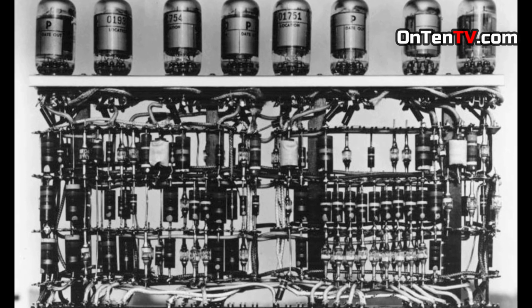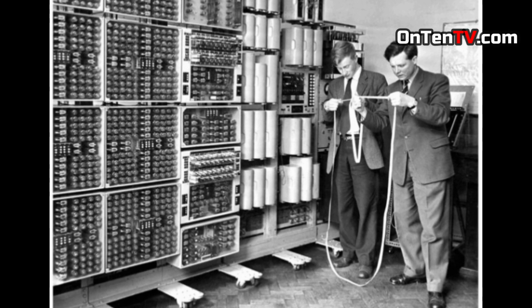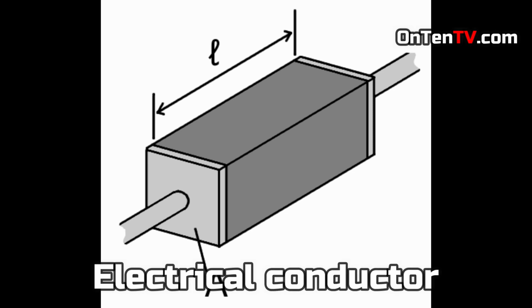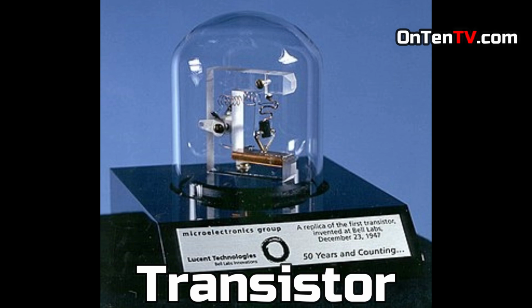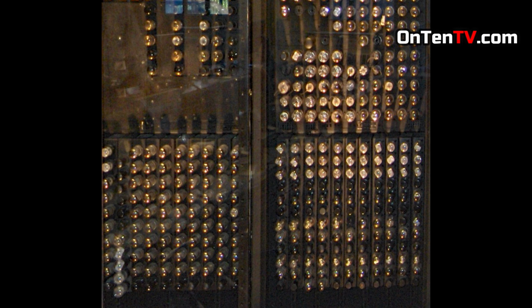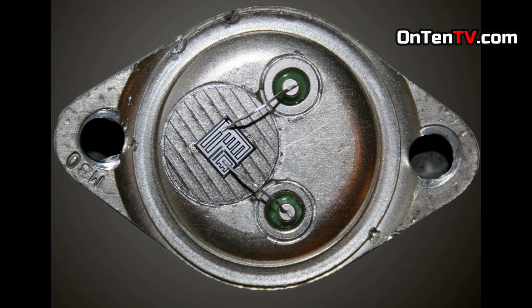Even though the vacuum computer was very fast, it had its own problems. The problem was that it would make mistakes, and it was giant and very heavy. In 1947, at Bell Laboratories, they realized they could use electrical conductors to amplify electricity, and this led them towards the transistor. They invented the transistor to replace these giant vacuum tubes, or lamp vacuums, that we know of. Less space, lighter, faster, and fewer mistakes.